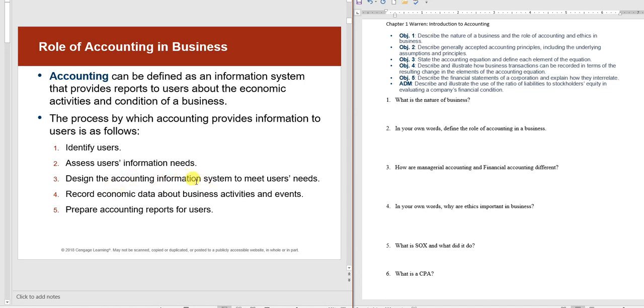So we're basically going to design the accounting system. You're going to ask yourself, how are we going to keep track of the costs of the trip? What are we going to do? And sometimes that's just as simple as handing your receipts to somebody, but somebody's got to write it down. So whether they'll make an Excel file or a piece of paper or whatever, you will design an accounting system to meet those needs and to record the data so we know if we were able to pay for a trip or not.